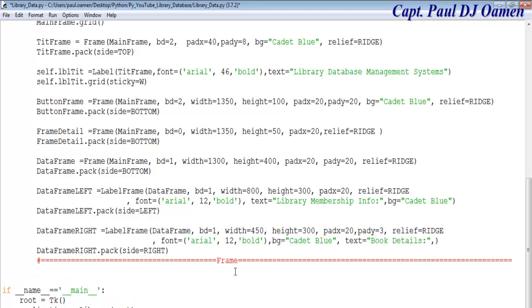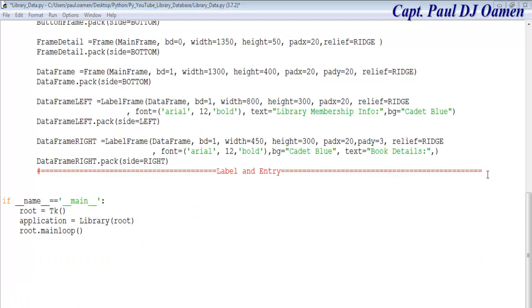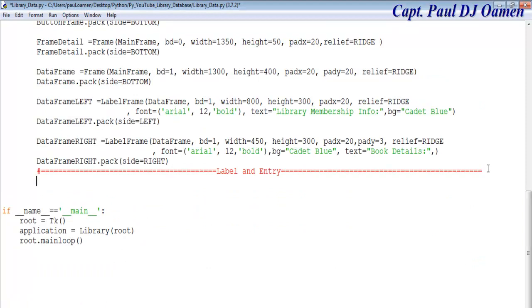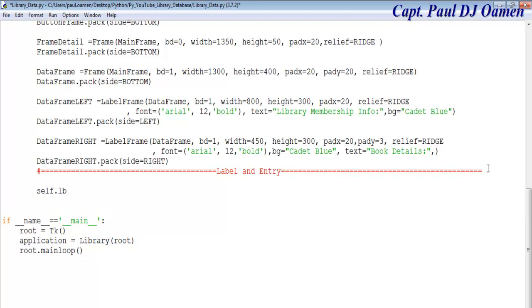There we go. This will be for labels and text widget. Labels and entry widget is called right there. Okay. Alright, I'm going to start by entering the first of the widgets. So I'm going to say self dot lbl member type equals label, and label is going to be right inside